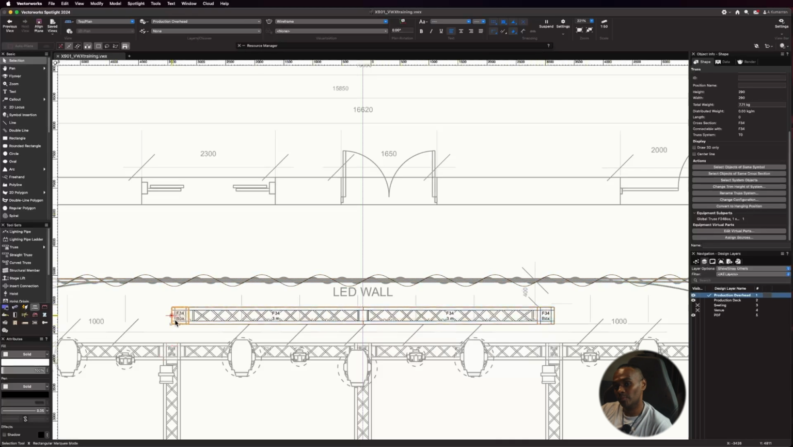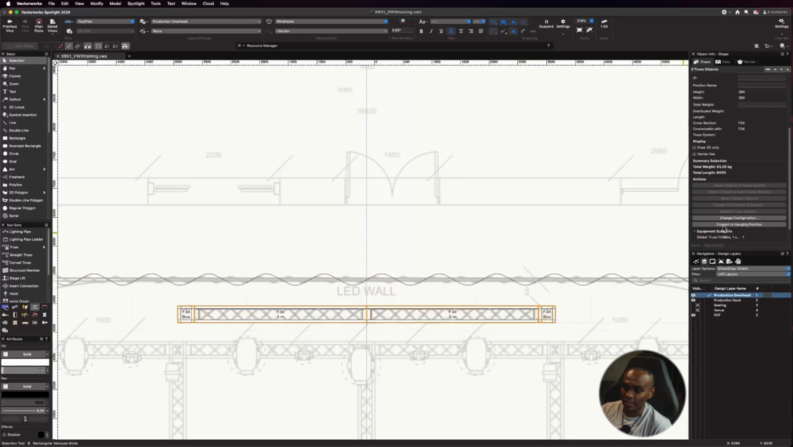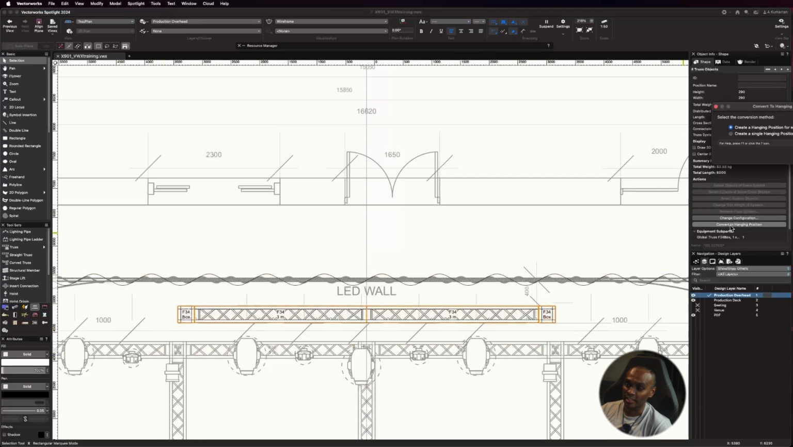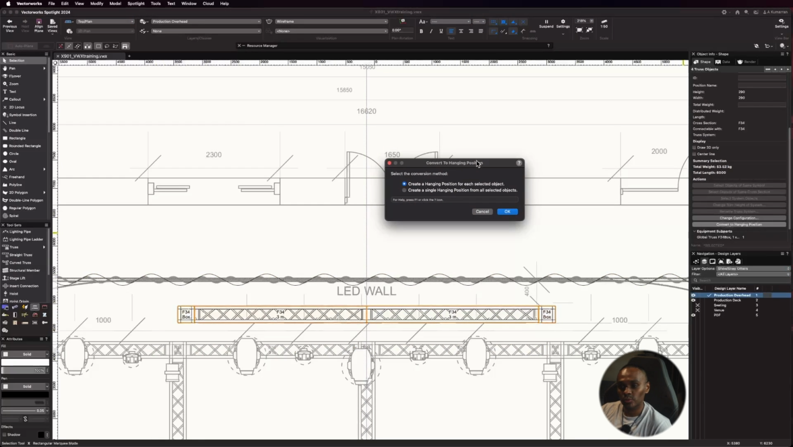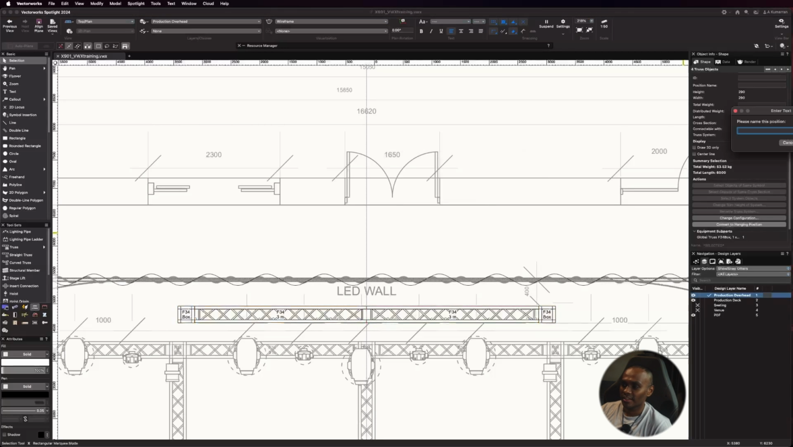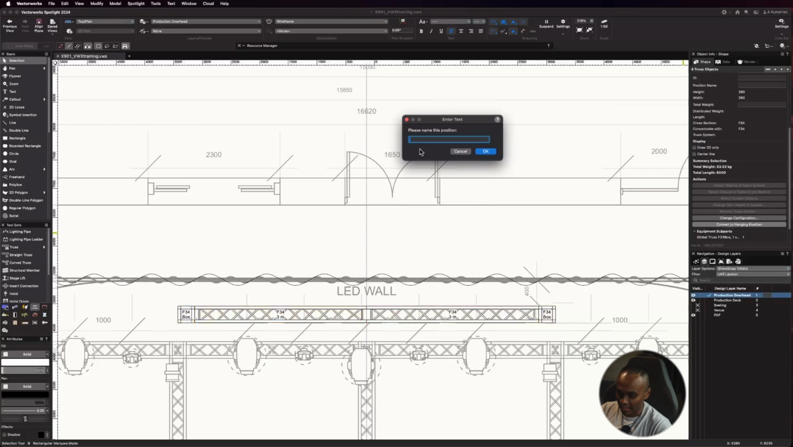So in order to put them together to have one large rigging object, what we like to do is select the whole system, and we can convert it to a hanging position. Vectorworks will ask you if you want to create a hanging position from each object or for the whole system. We're going to do a single hanging position from all selected objects, and I'm going to name this guy my LED wall truss